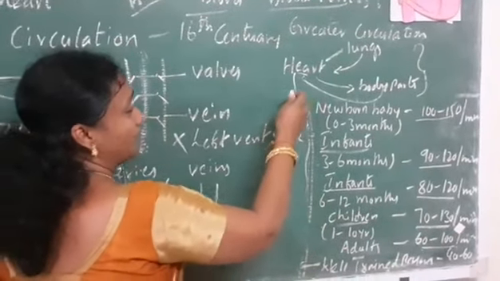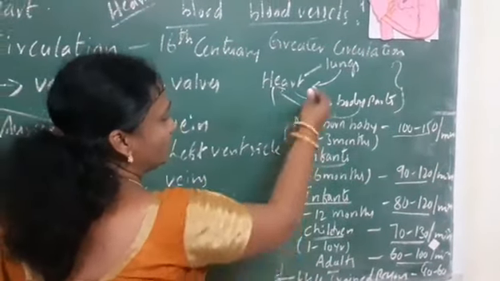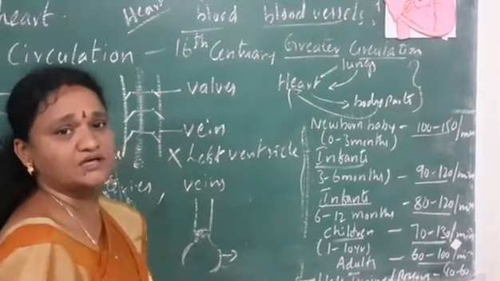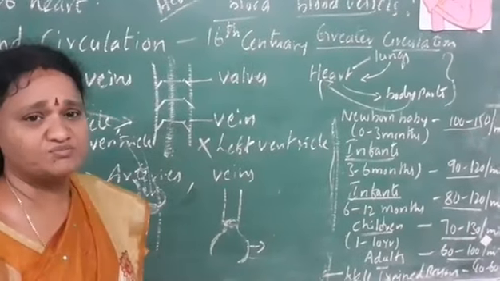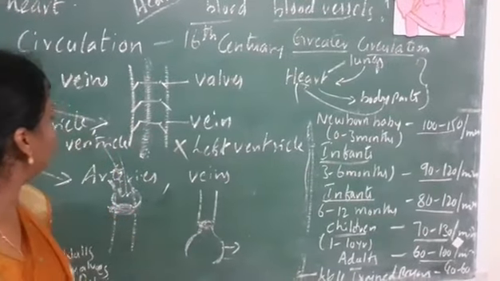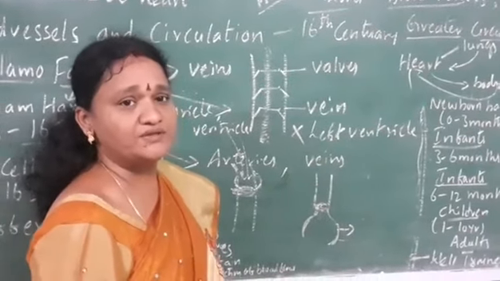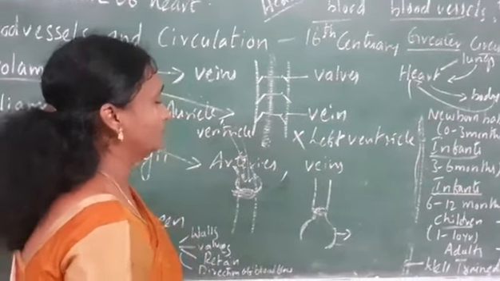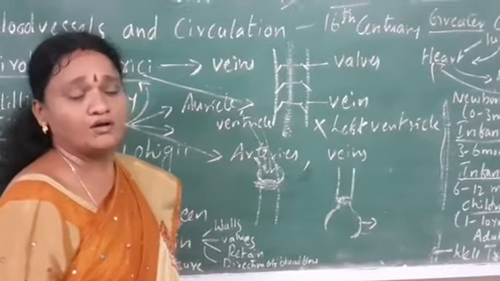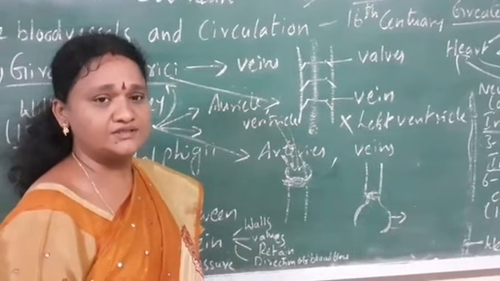The heart pumps the blood two times: once between heart and lungs, and a second time between heart and body parts. So that's why he called it a greater circulation, or a double circuit circulation, and that heart is called a pulmonary heart, or a double circuit heart. The next thing is that William Harvey failed to explain the connection between the arteries and veins. That continuous network of circulation he failed to observe, because sufficient equipment was not there to see smaller objects.